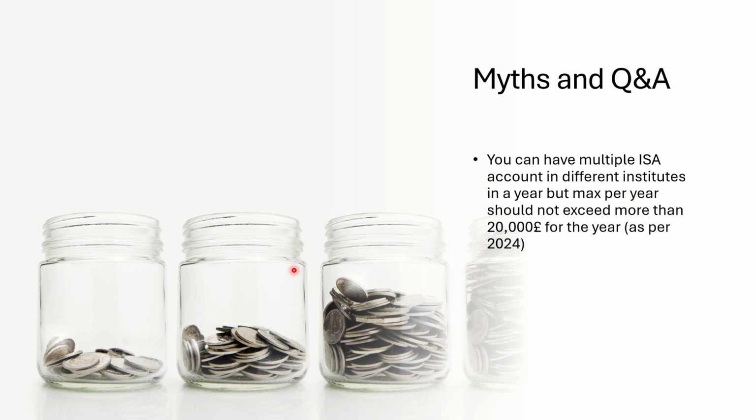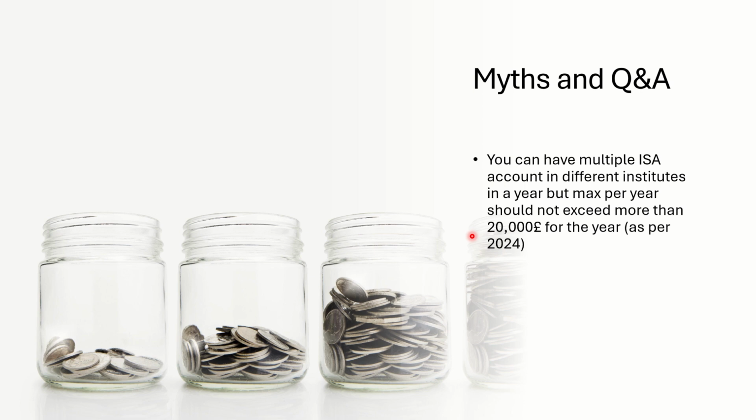Now some of the questions, some of the things which would make ISA more clear to you. Can you have multiple ISA accounts in different institutes or banks in a year? Yes, you can have multiple accounts. Previously this was not the case, but since this year you can have multiple ISA accounts. You can have one in Barclays, one in HSBC, one in an online app like Trading 212 or whatever. You can have multiple cash ISAs, multiple stocks and shares ISAs, and whatever you want, as long as each year you only put in 20,000